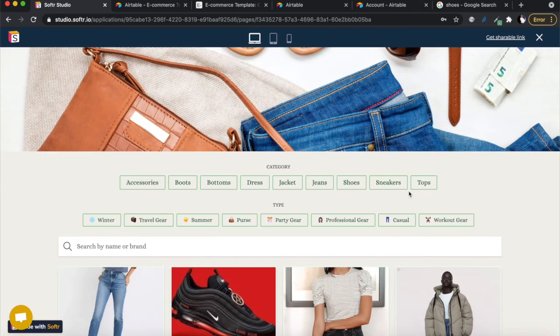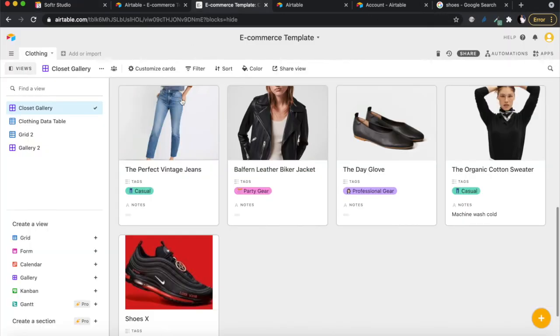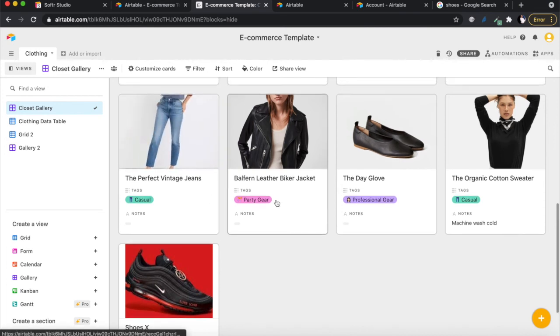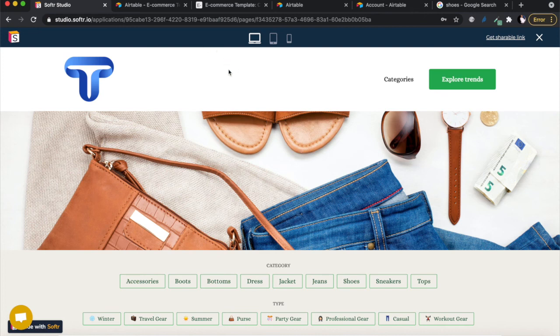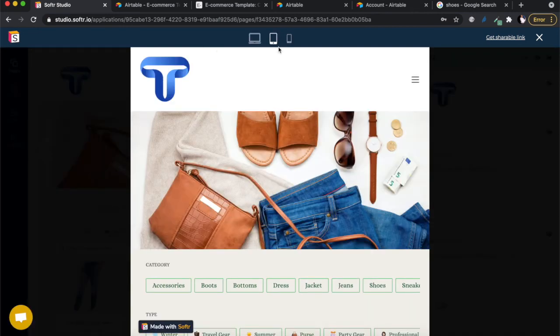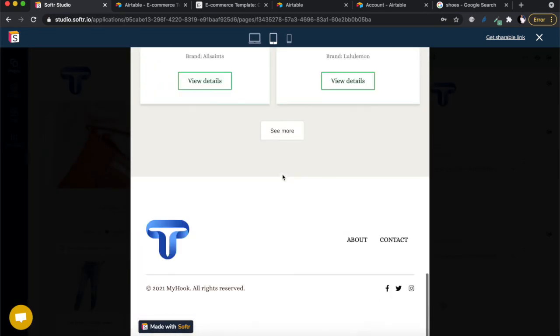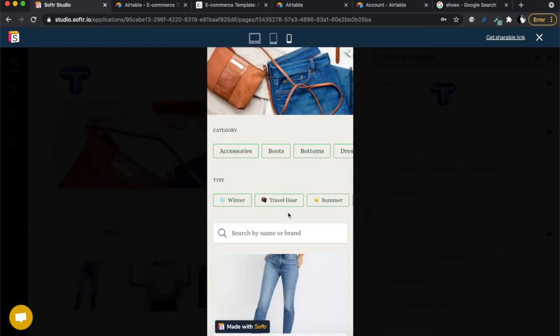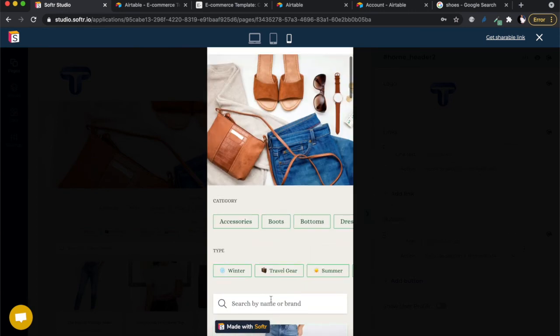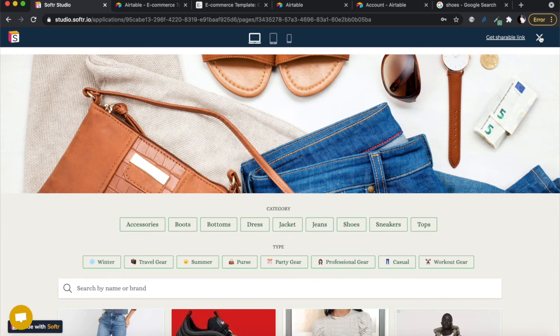Your product categories as well. This is based on what you have in here. Remember, this is based off this database. All right. So you can change them in here. And then you can see what it looks like on a tablet, for example. So this comes fully responsive. All right, and you can see what it looks like on a mobile device as well. And it will always have that made with software badge. You won't be able to get rid of it on the free version. All right, so I'm going to then close that